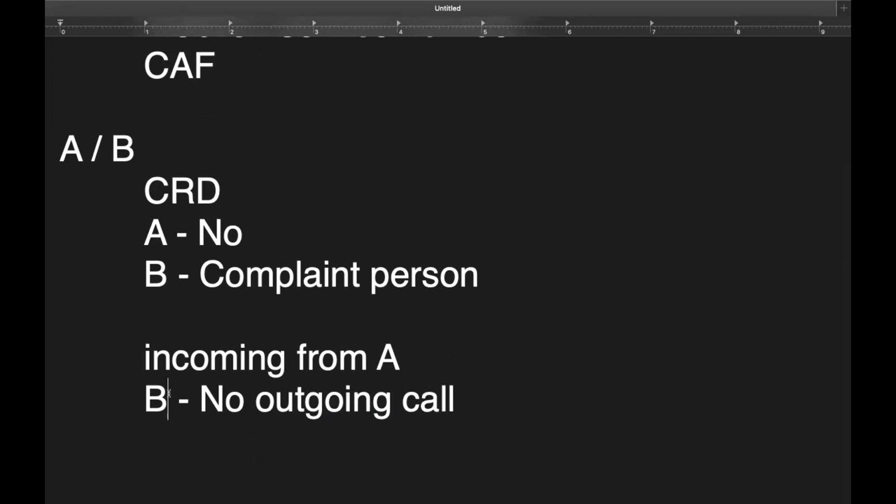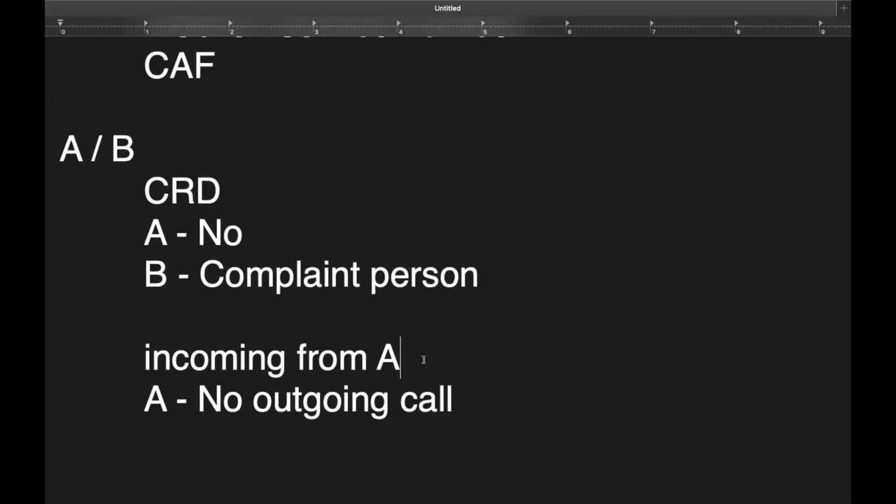A is a person, simply the number of A, and the hacker or the criminal has used the number of A. So from the A number, if they take a CDR, there is no outgoing call from A.